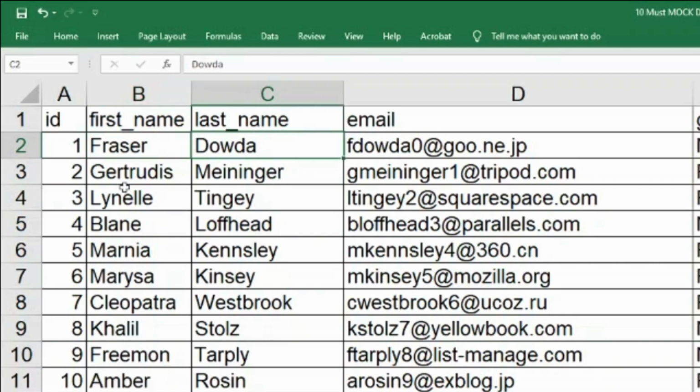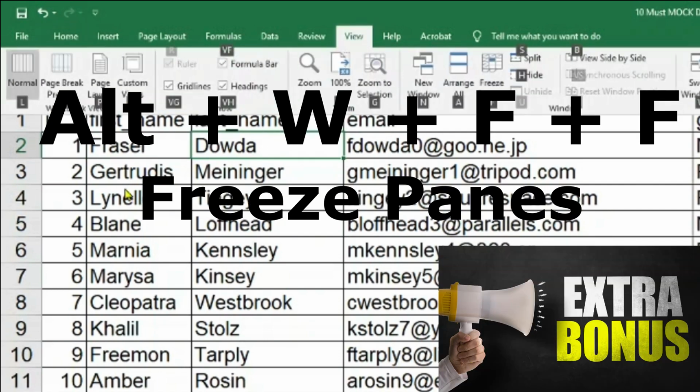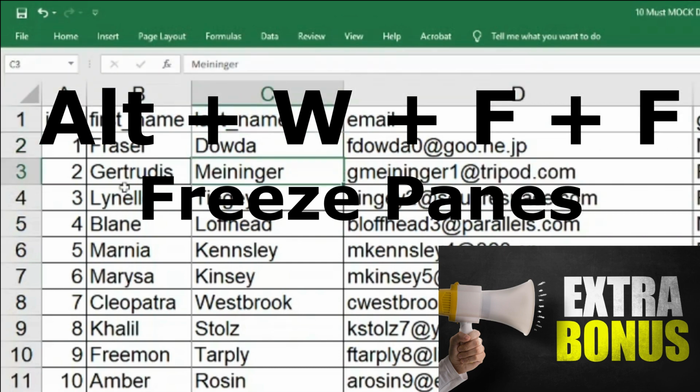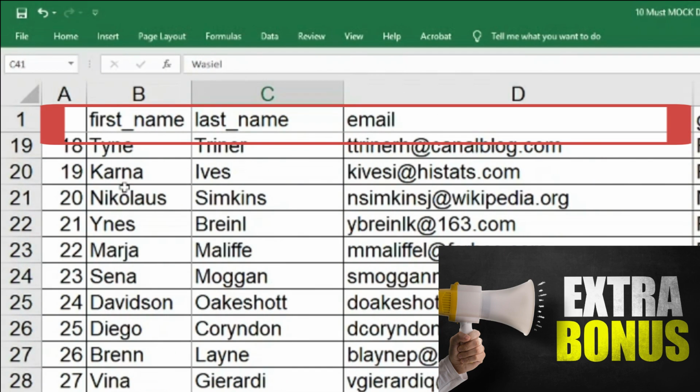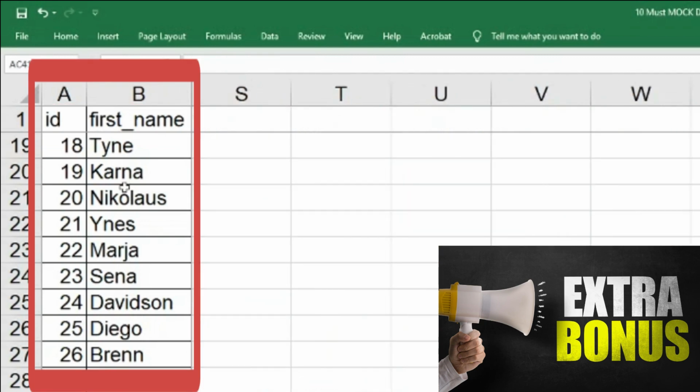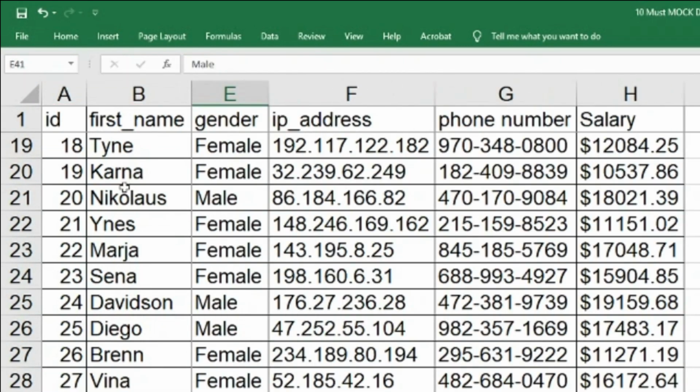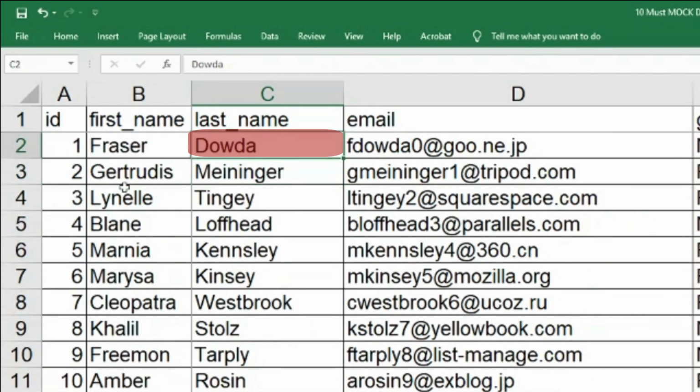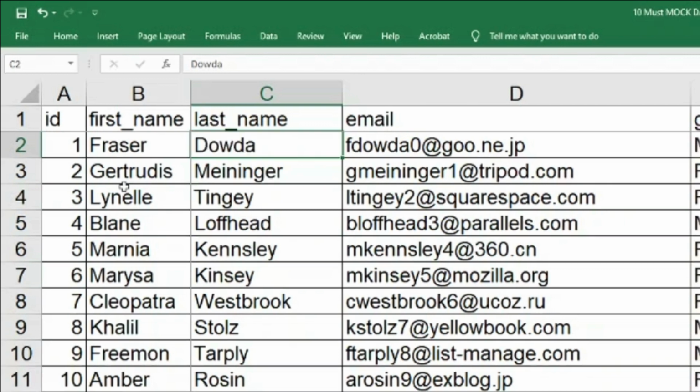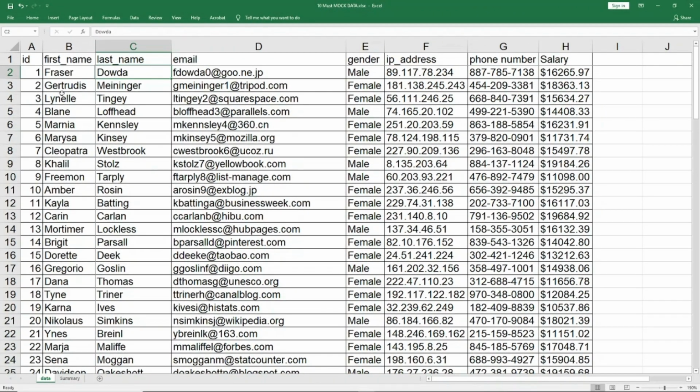So I'll go here to cell C2 and press Alt W F F. What it does is it freezes my first row, and if I go to the right, my two columns, because when I froze the panes, I went to cell C2. So anything to the left, which means columns A and B, and anything above row number 2, which is row number 1, will remain frozen. This way it's much easier for me. If I'm just unfreezing it because I'll be using something else, Alt W F F again. So my entire data is unfrozen, you can see.